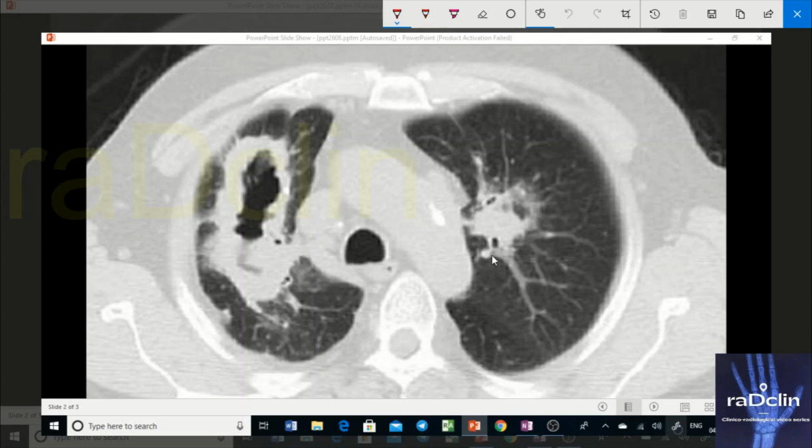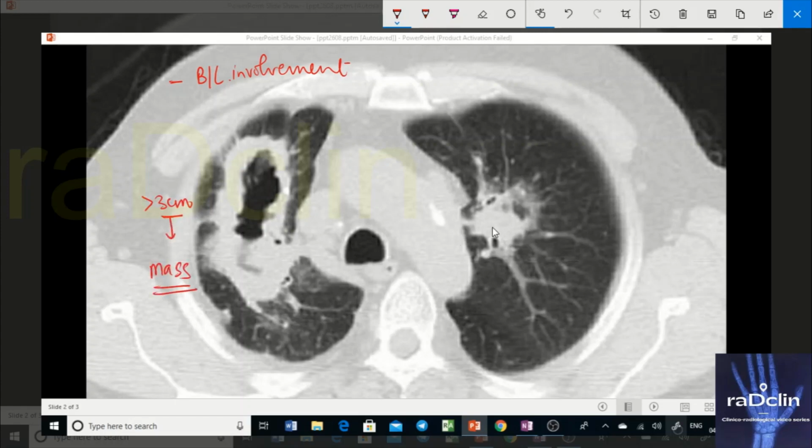If you look at this image and quickly look at the findings that we see here, we see bilateral involvement first of all. Okay, bilateral involvement that is there. And if you see the lesions characteristically, what type of lesions these are, the size of the lesion appears to be more than 3 centimeters. So I should call this lesion a mass rather than a nodule.